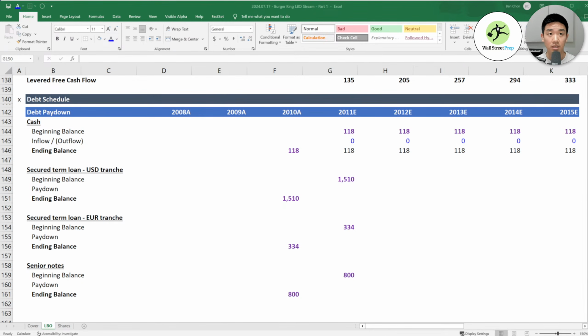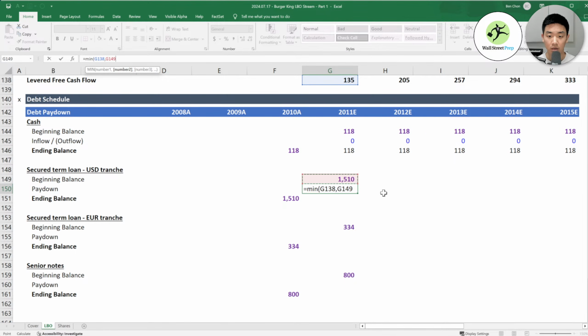So what we want to do here is choose the minimum of either our levered free cash flow or our beginning balance. So that's 135, right?